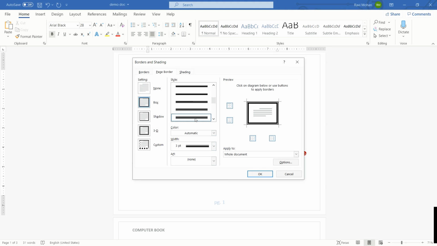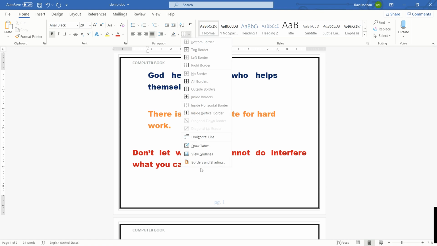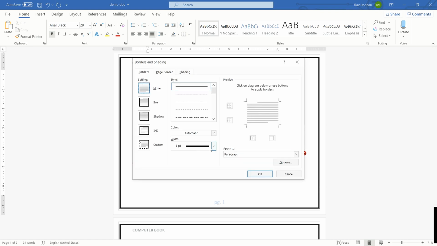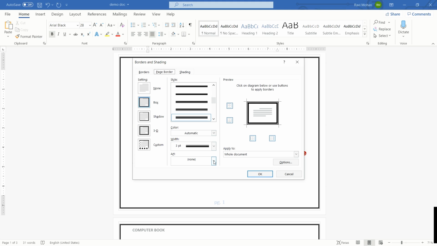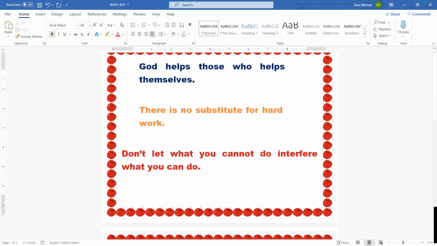It depends. If we are creating a formal document, we may go for the line borders. Like you can see the change in the document. It has enhanced the look of our document. If you are typing an informal document, then in that case you may choose the artistic borders given over here, which are very beautiful once inserted. Just see the entire look of the document is changed over here.